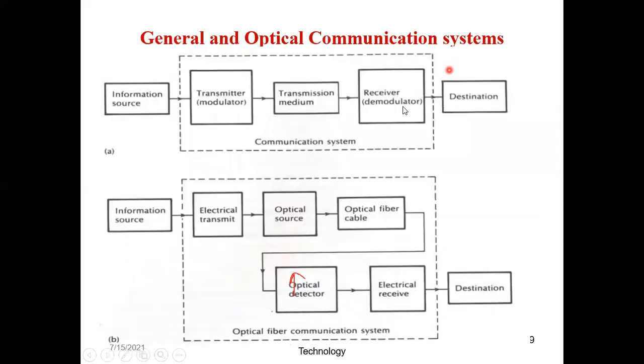Okay, so coming to the see, if it is a 10 marks question, I don't know how the question will be asked. So for a 10 marks question, you will draw the general block diagram of a communication system and the block diagram afterwards, the optical fiber communication. If it is a 5 marks question, you will draw only the block diagram of fiber optics communication.